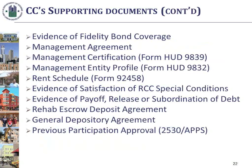Evidence of fidelity bond coverage, that is only applicable in non-FHA PBRA conversions. I'll get that right one of these days. The top 5 things listed on this slide only apply to PBRA, and the evidence of fidelity bond coverage is listed in Exhibit A. It says if applicable, but it doesn't tell you when it's applicable. So at some point,